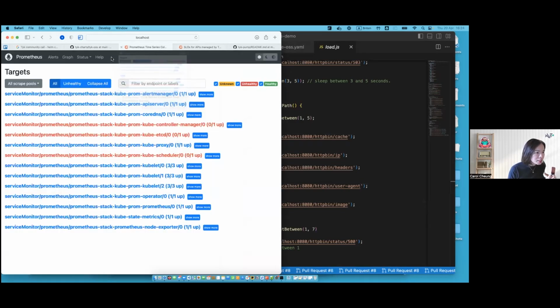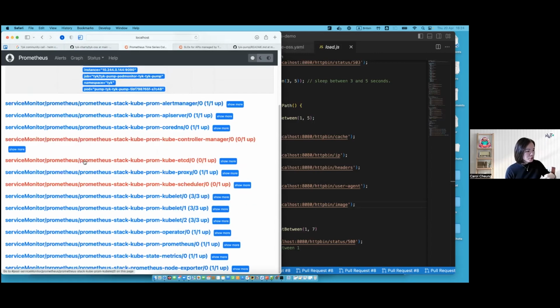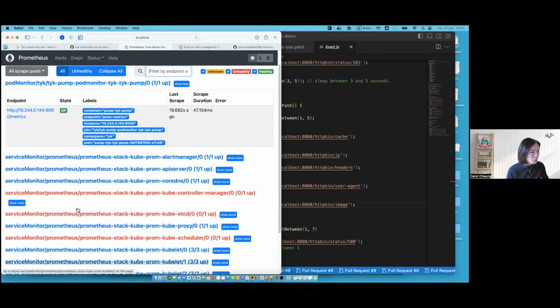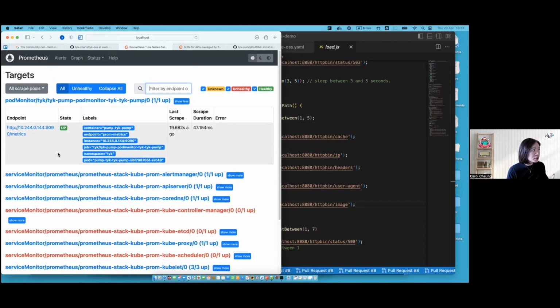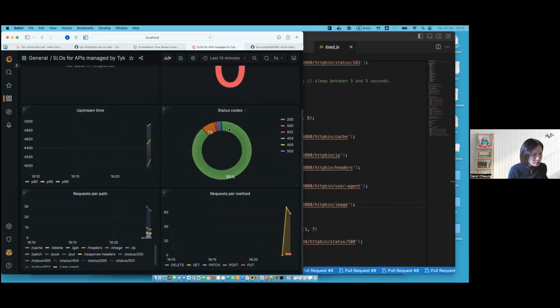Before checking on this, I also want to show you the Prometheus targets. Before the installation, I have all the service monitors, which come as default. But what was added here after the Helm install is the pod monitor we have created. This is a Tyk pod monitor that told Prometheus how to scrape metrics from Tyk. So it is up and running,